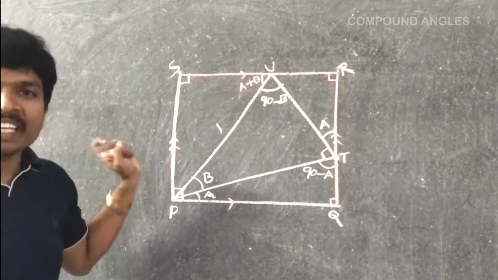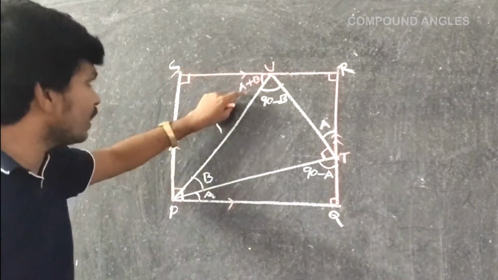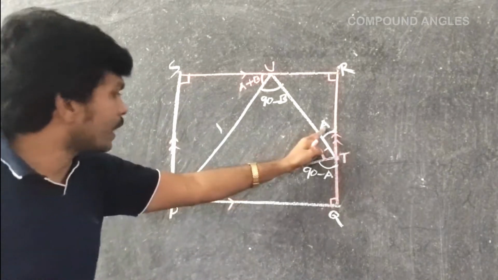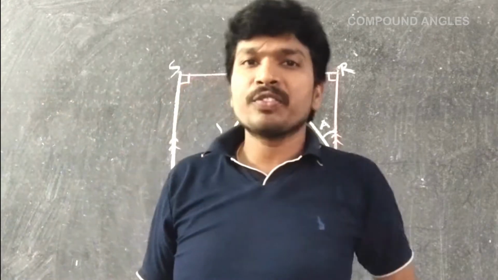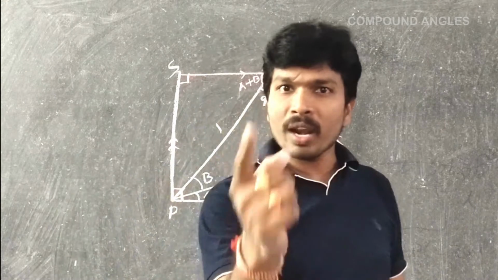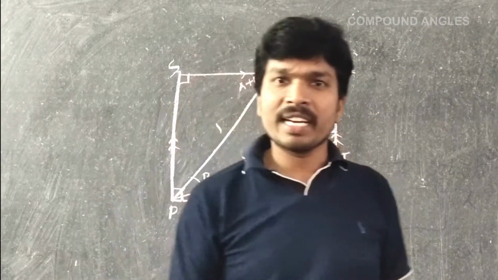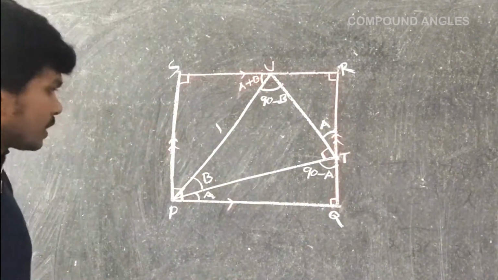So in each triangle we got at least one angle. See, in this triangle it is A plus B. This is A, and here A and here B. At least one angle is enough for us. With the help of trigonometry, if you know one angle and one side, then definitely we can find the remaining sides in a right angle triangle. Yes or no?